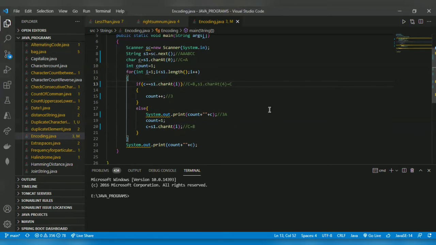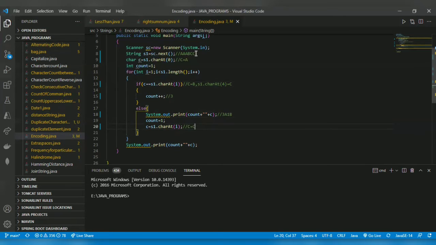It again comes here. Then count is initially 1. In c, the value is B. So it will print B. After that, again it initializes count as 1. Now c is equal to charAt(4), which is C.